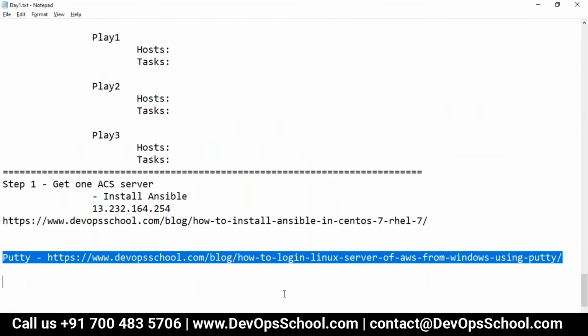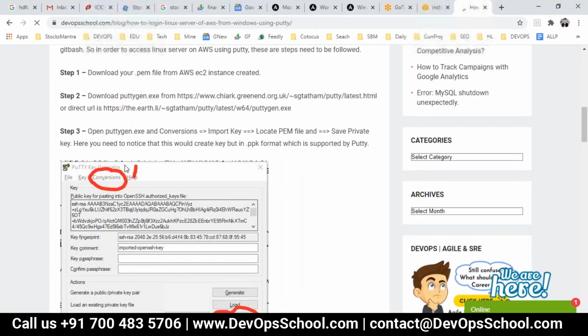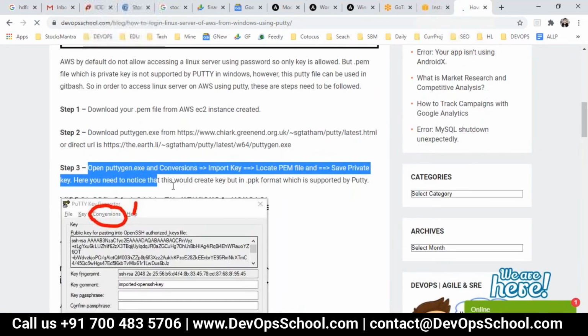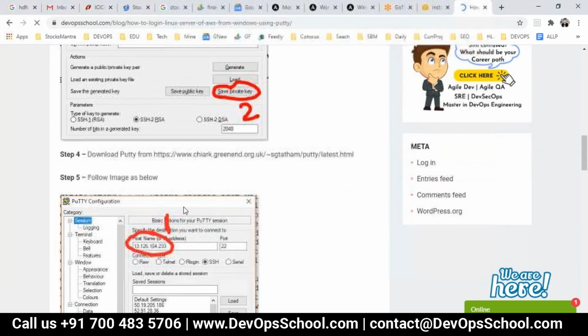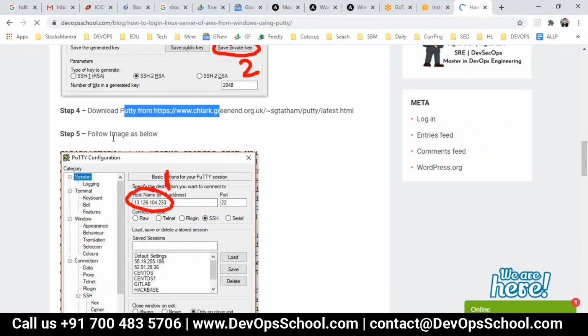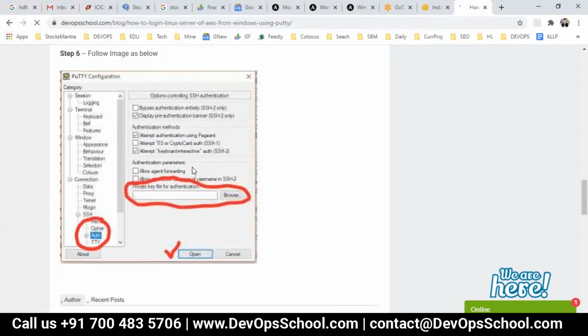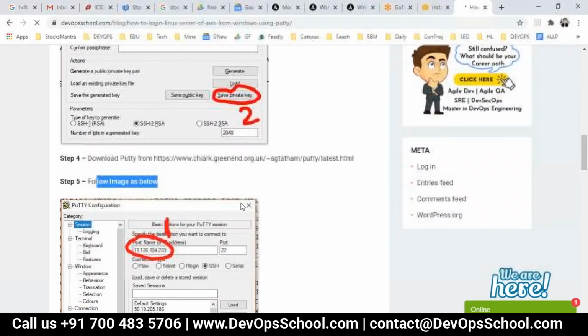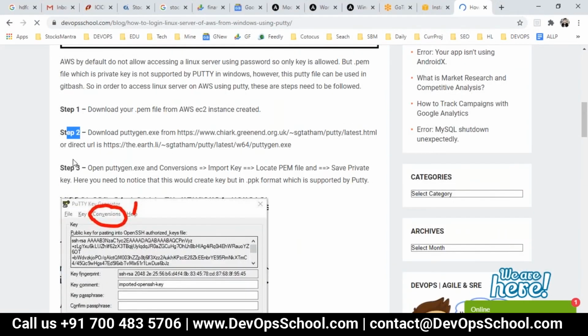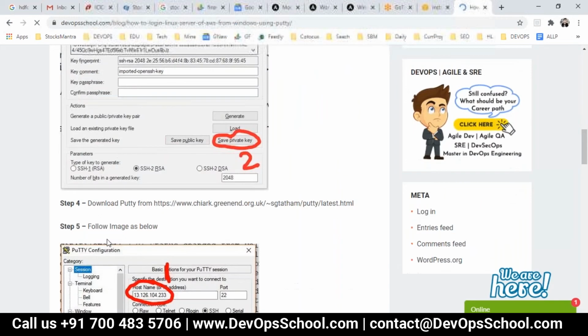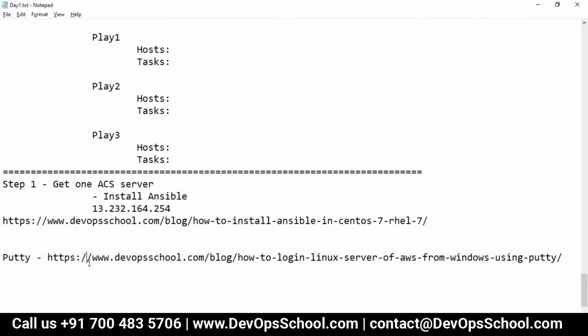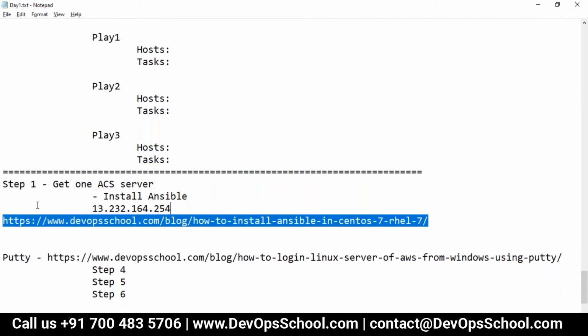Okay, so here is the PuTTY tutorial. Now step 1, step 2, and step 3, you don't have to do, because I have done it for you. You just have to get PuTTY from here, open it up, see here, and then click here, the same thing I did, and click OK. That's all. So you have to follow step 4, 5, and 6. I'll write it here also for your reference: step 4, step 5, step 6. Okay, this is the PuTTY information. This is the installation instruction.